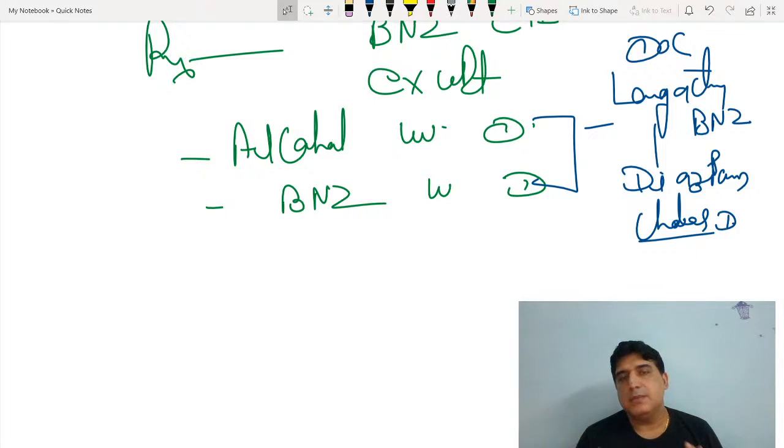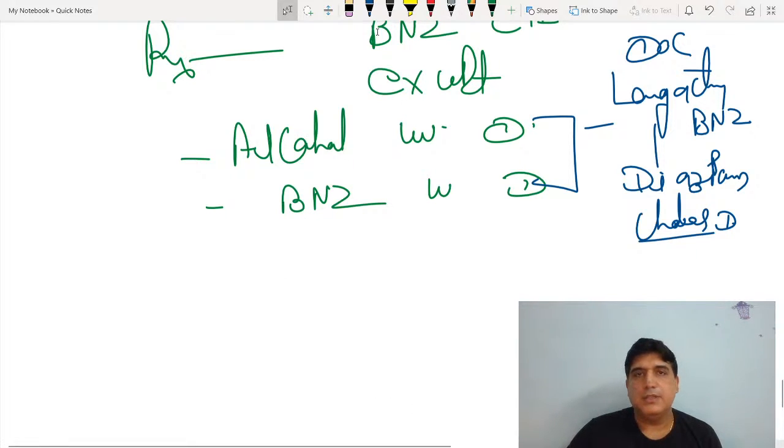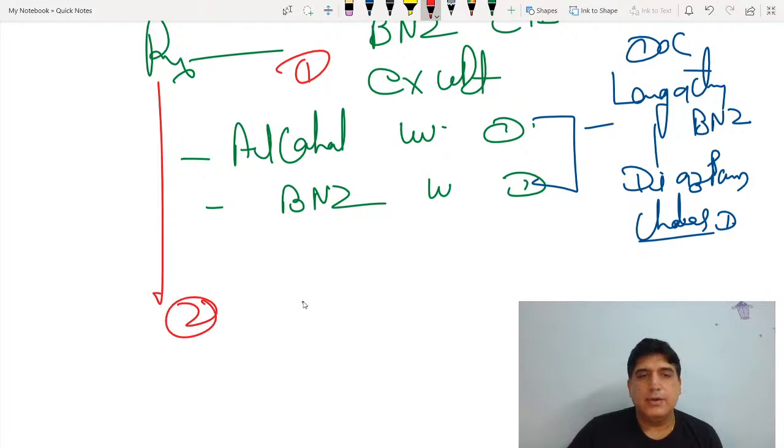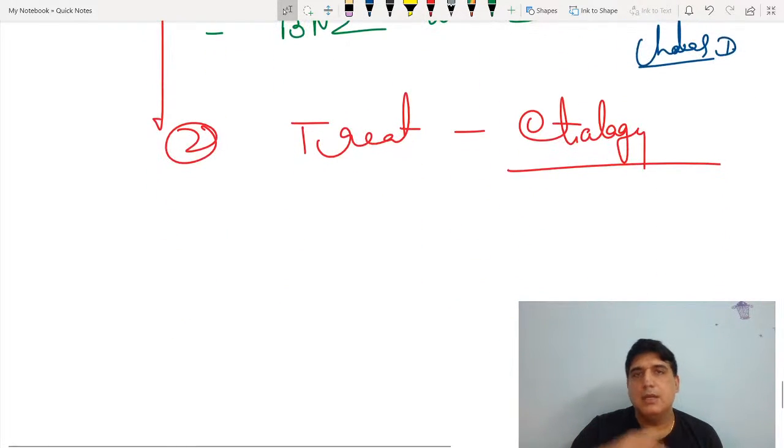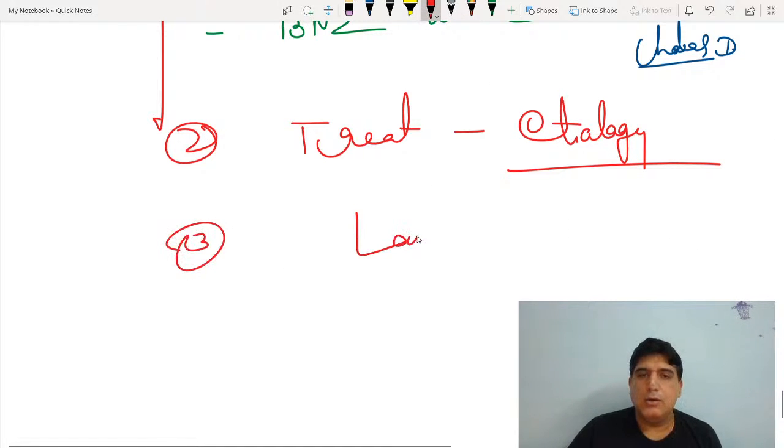Otherwise, guys, benzodiazepines are contraindicated in delirium because delirium is an organic disorder, and benzodiazepines cause cognitive deficit. Then what's the treatment of delirium? Treat the etiology, treat the cause. Whatever the etiology, serum electrolyte imbalance, renal problem, cardiac problem, you treat the cause. And we give a low dose of haloperidol.